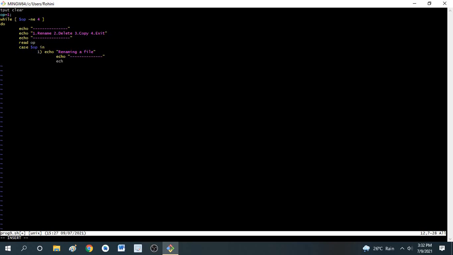First you have to enter the file that you need to rename. Enter existing file name. To scan that I have to use read fn, that is the file name.